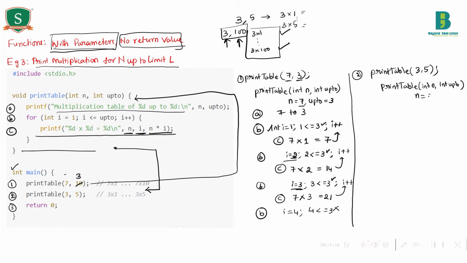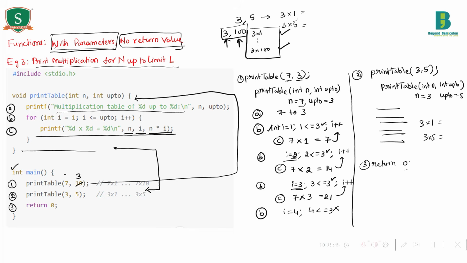So n value becomes 3, up to value becomes 5. Now students who are watching the video, trace the program for your better understanding of for loops and also the function concept. After that, complete execution. It prints 3 multiplied by 1 till 3 multiplied by 5, then comes back to the third statement and it